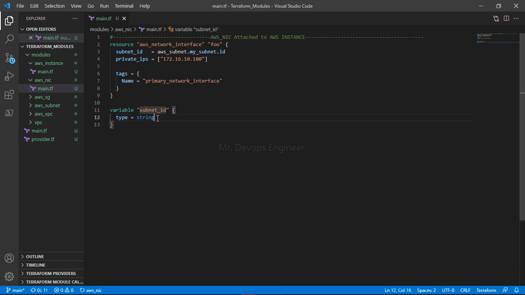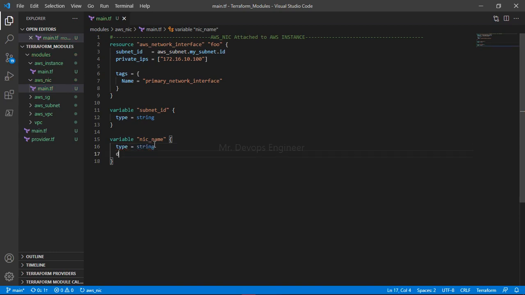Once this is done, again we have to define the name of the NIC interface. Variable nickname, it is a type of string, correct?